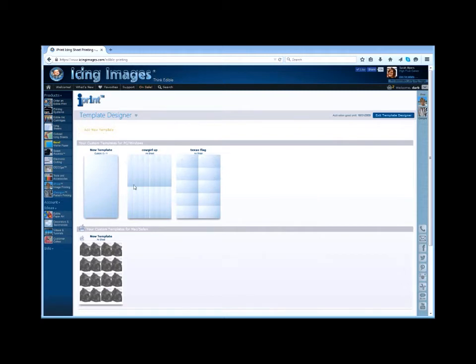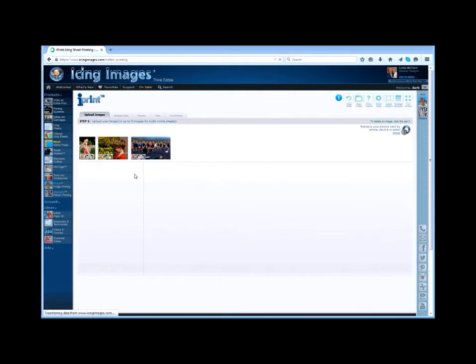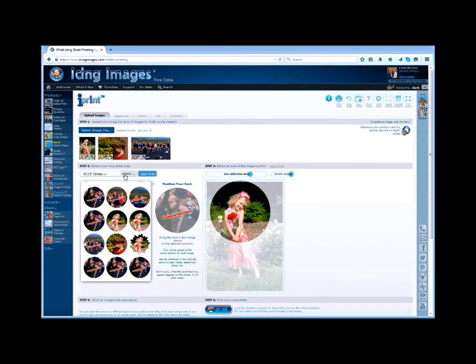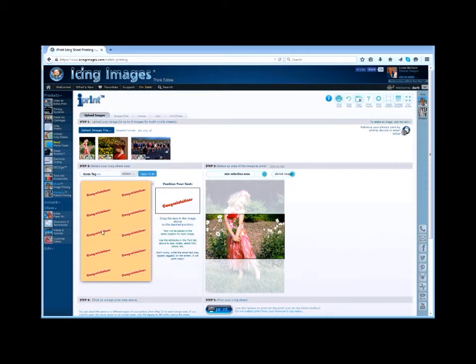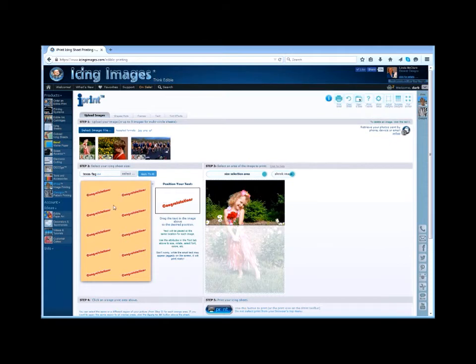Now we can change, we can add new templates anytime we want. We just follow the directions. We would add the pictures and we would print them out. Alright, so in this area what I would do is I would go ahead and add a new template. If I wanted to use the templates I would want already created, as I said before, they all appear down here. You'll see how it says congratulations already, so if I chose that picture,